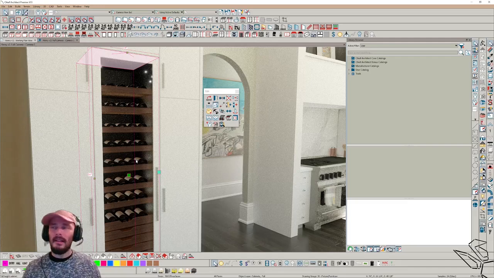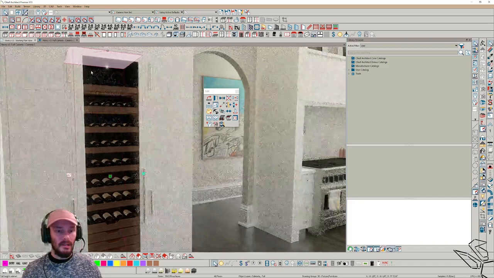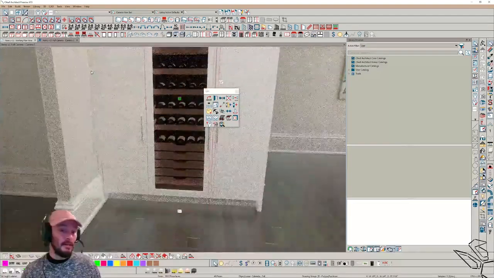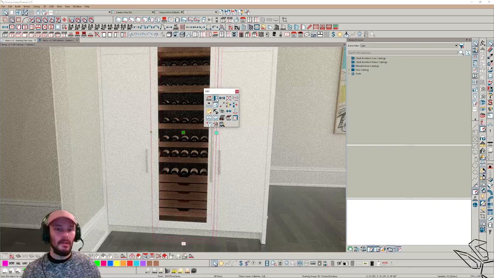Now, I didn't take this cabinet as far as I would have liked to take it. I will say that right off the bat. But we're going to take a look at what this cabinet is built from. And we can see here, in 3D, just in Chief, it looks nice. It looks very nice, right? This is a cabinet. If we open it up,